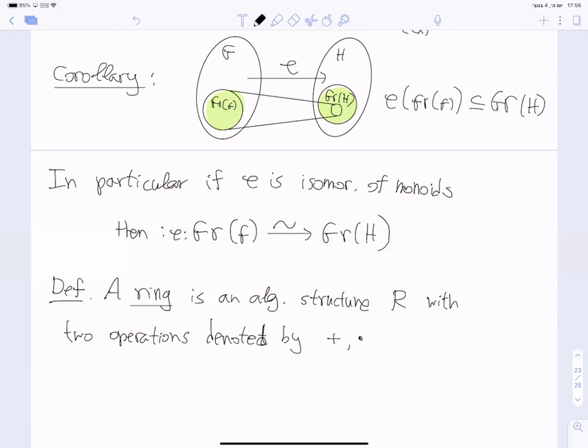Now, it doesn't have to be the original plus and the original multiplication. It depends on the ring, but this is the notation of the two operations, such that